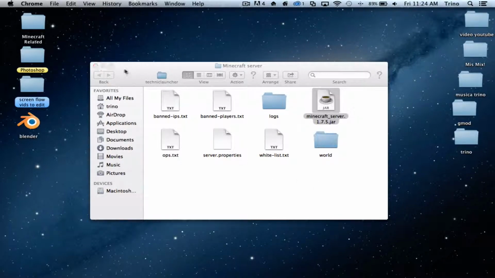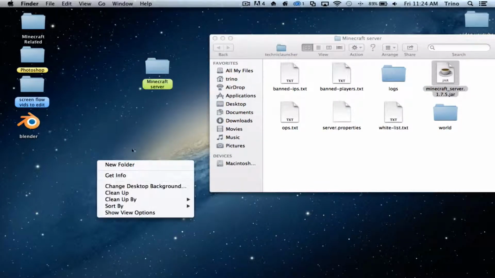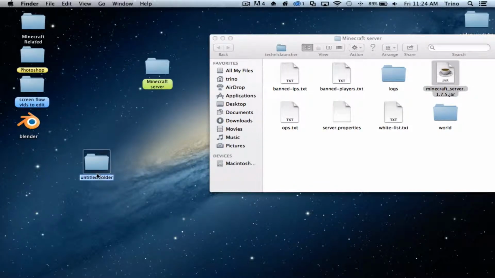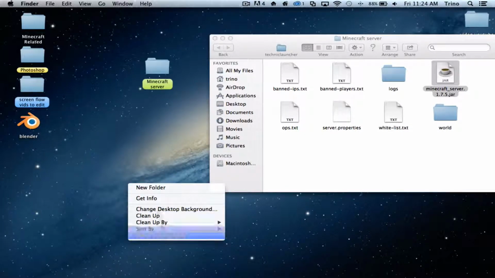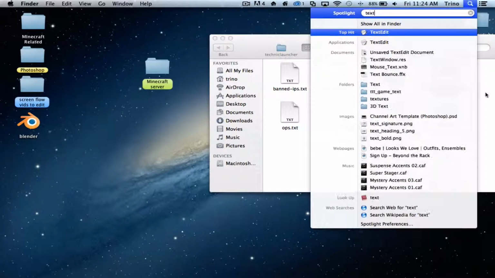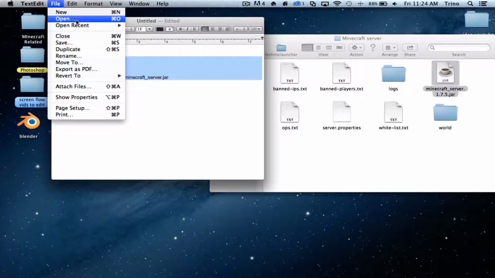and that. Well, no, you don't close this. You keep this open. You make a new text document and call it start. Wait, no. That's not a text document. Hold on. New TextEdit. Yeah. You see, you guys put this code in for the start command, and then this code in for the terminal, but we're not there yet. So you copy this, make a new,